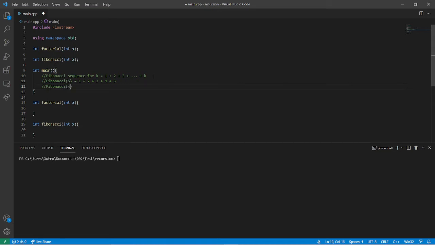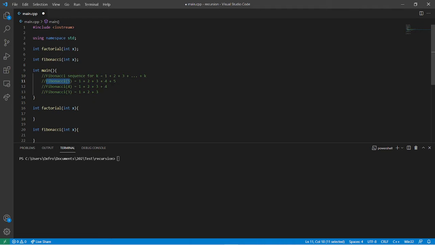The Fibonacci for 4 is 1 plus 2 plus 3 plus 4. Fibonacci for 3 is 1 plus 2 plus 3. And if you can already see where this is going, the Fibonacci number for 5